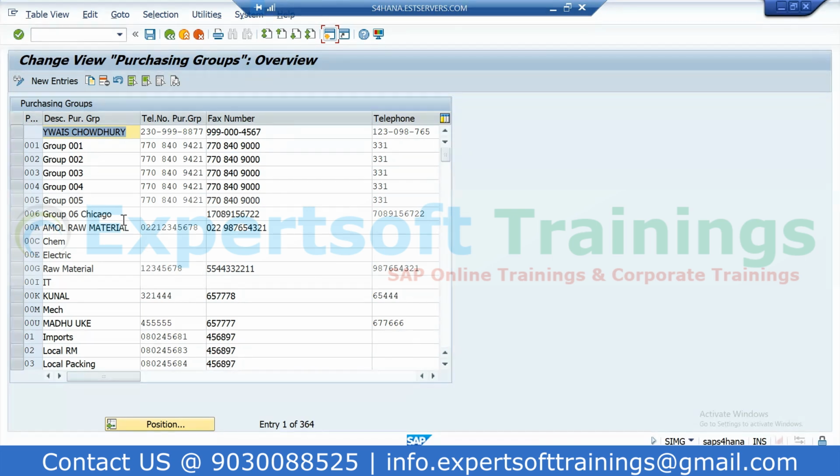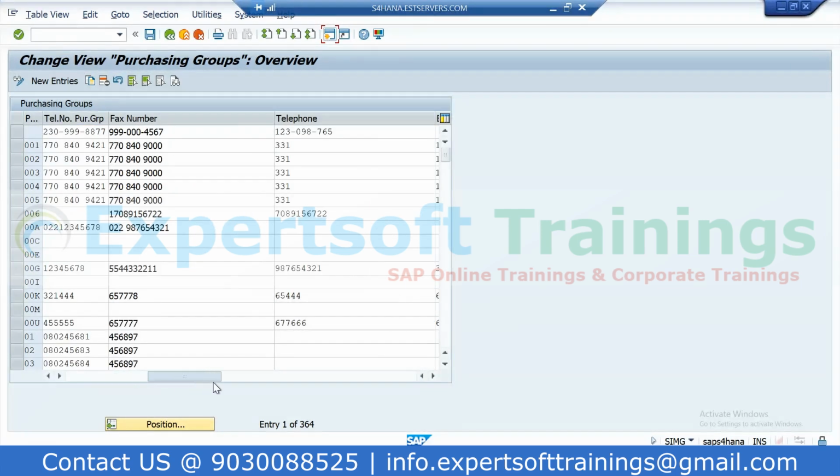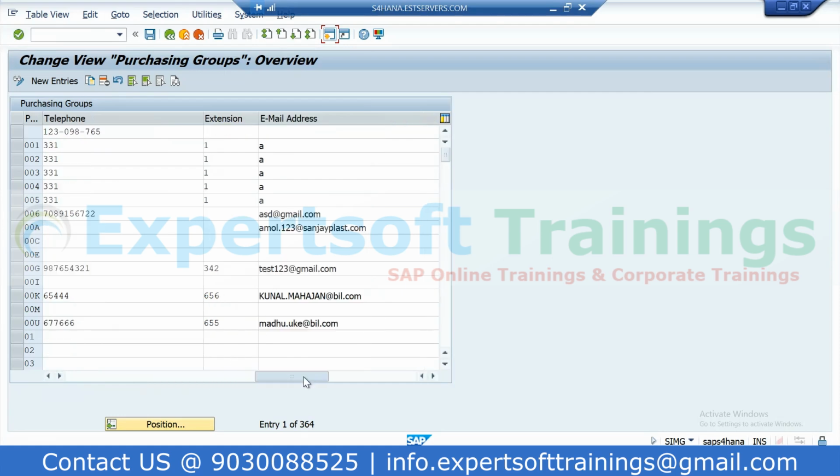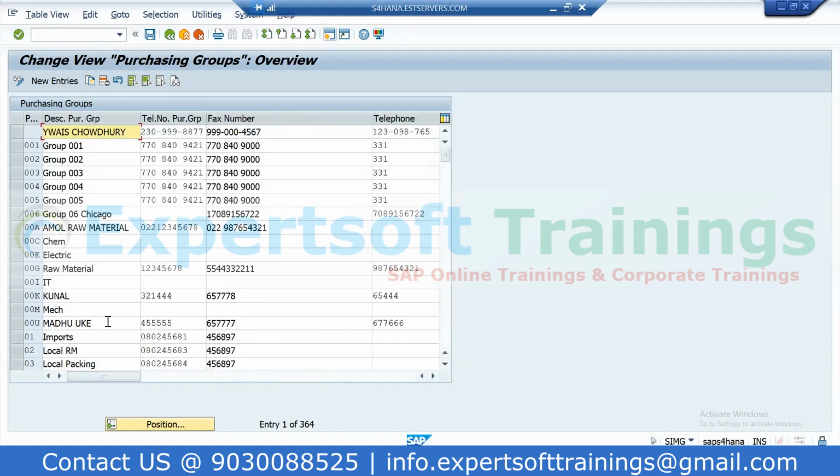So to purchase all different types of materials and services, there is a purchasing department, and under that purchasing department, several individuals and different team members are working together to do all the purchasing activities. And these purchasing groups are the codes of so many people, right? So if you can see, their telephone number, fax number, email addresses are maintained over here. Everything is there so that vendor can contact them.